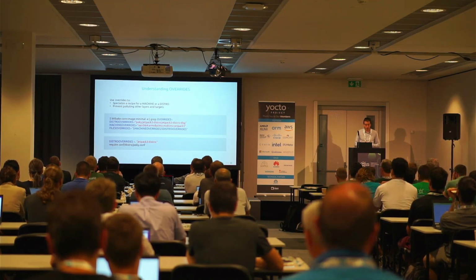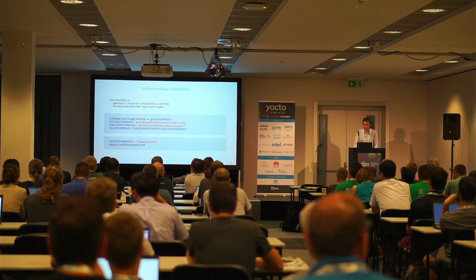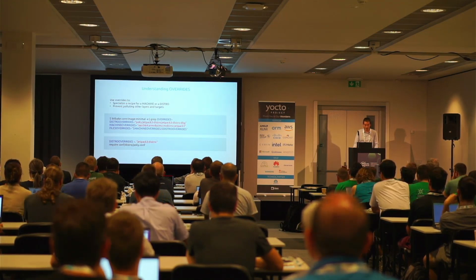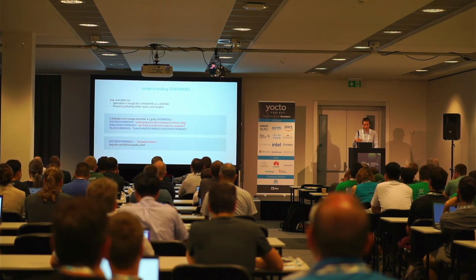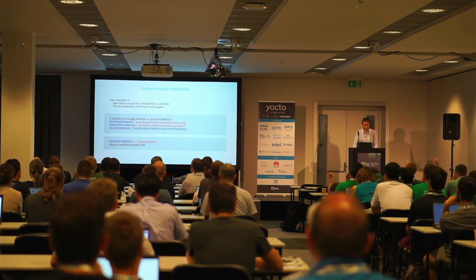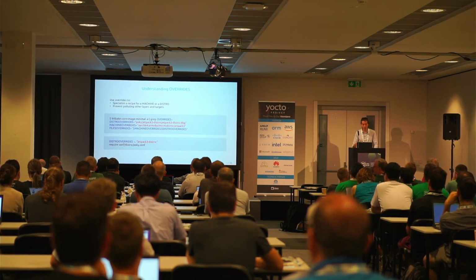So if we take a look at how it is defined, we can use bitbake-e to see the list of override variables that are defined. First we have the distro overrides, so it's a list, and the rightmost one is the most prioritized one. And we also have the machine overrides, and the complete solution is to have first the machine overrides and then the distro overrides, which will be more prioritized.